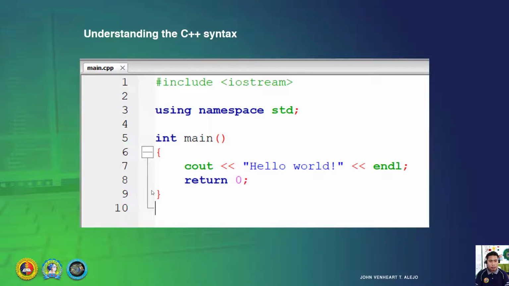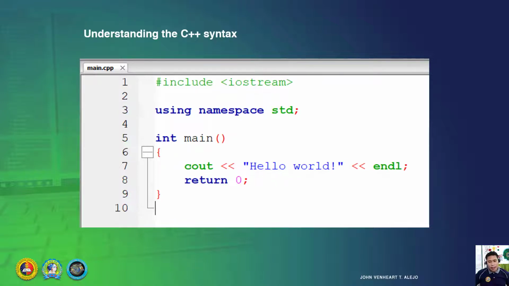Wrong syntax or missing parts will error because of using namespace std. So line 1 includes the library input output stream and line 3 is using namespace std. These two are at the top because before we load the program, both need to be set.